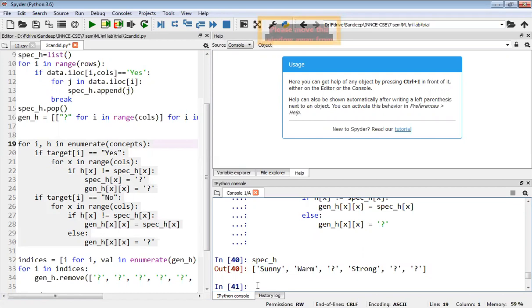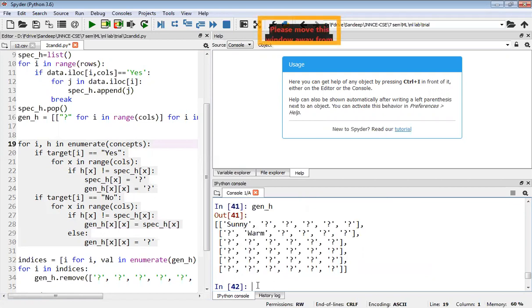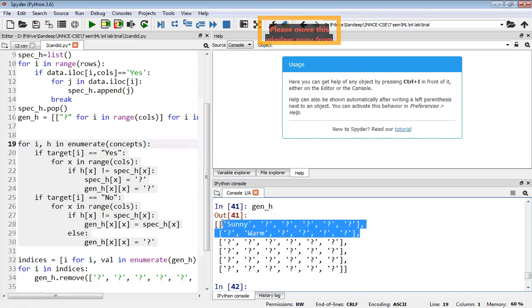Now you can see here, in our manual example, only two general hypotheses are there: Sunny followed by all question marks, and question mark followed by warm and all question marks. Only these two were present. So we expect only two general hypotheses and one specific hypothesis. That is the candidate elimination output we expect.